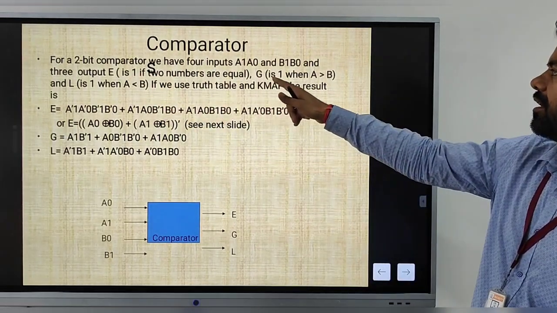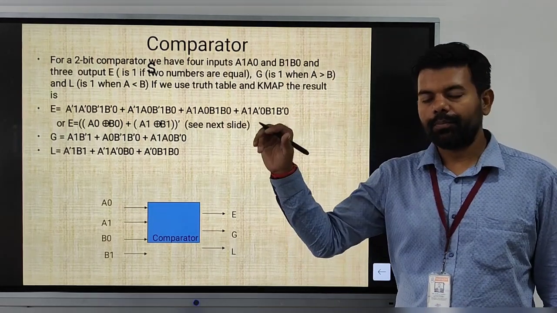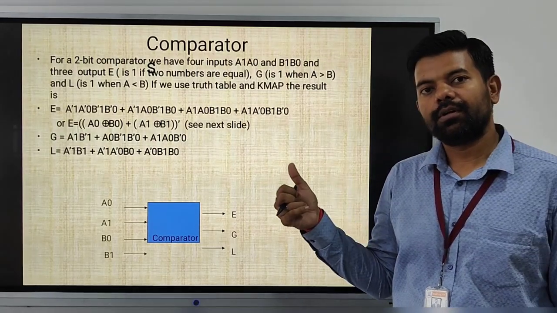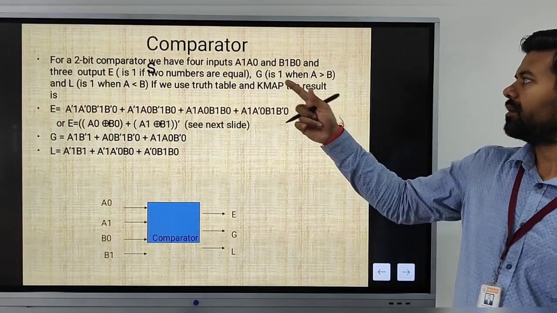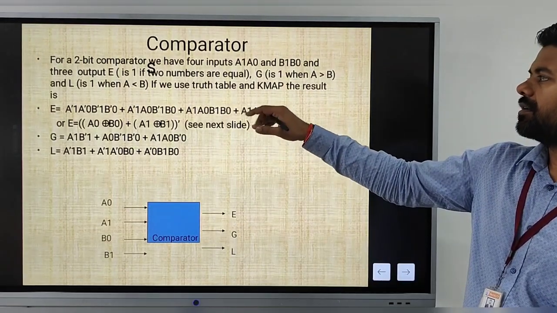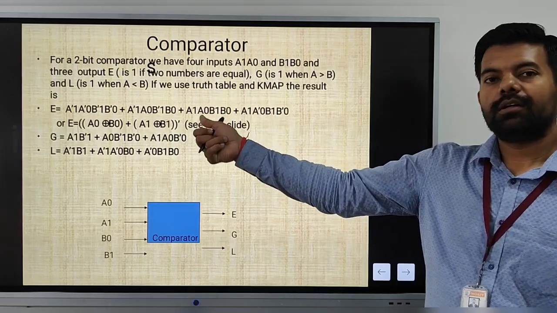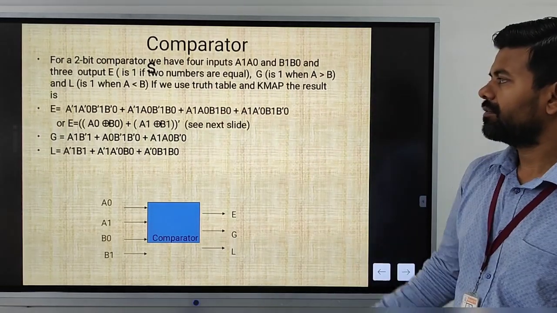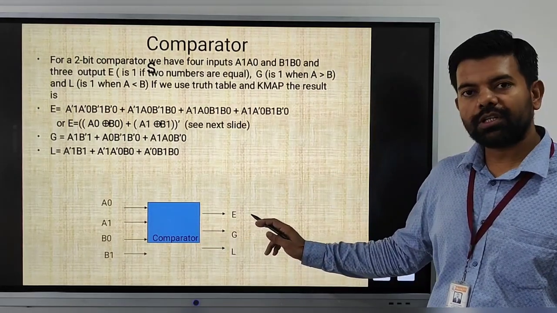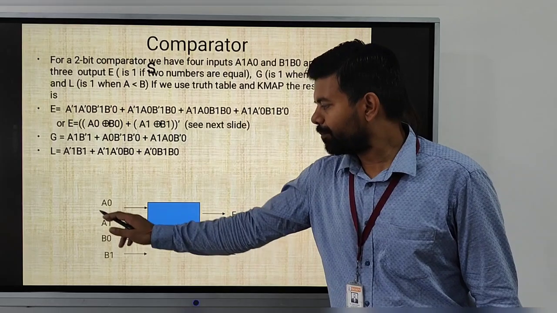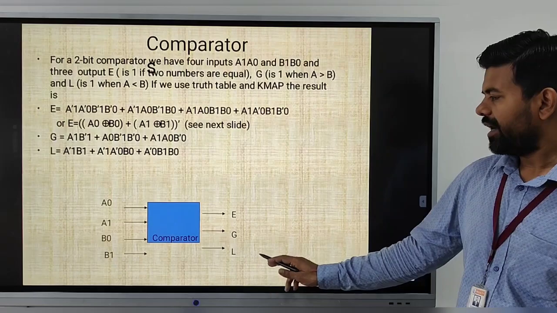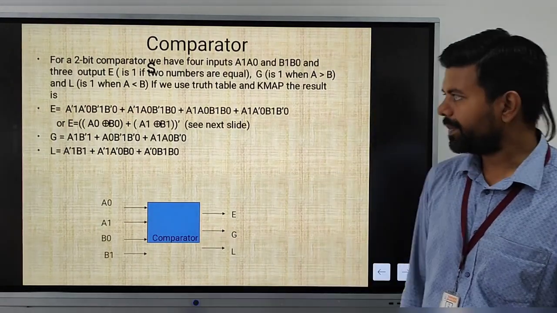For a 2-bit comparator, we have four inputs, A1, A0, B1, B0, and three outputs: E for equal, G for greater when A is greater than B, and L when A is less than B. For example, in this circuit we have A0, A1, B0, B1, E for equal when input A equals input B, G when A is greater than B, L when A is smaller than B.